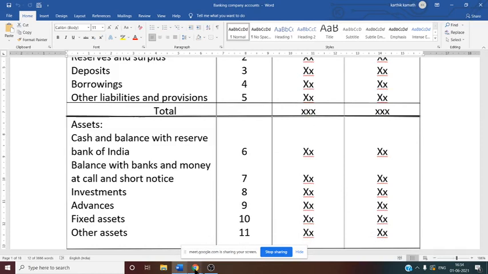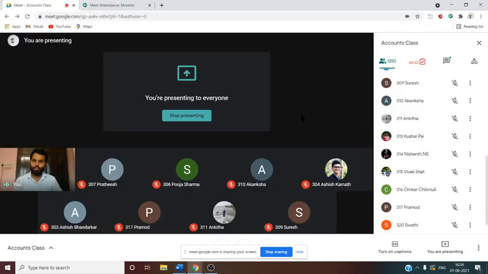And one more thing, very important, is schedules. Schedules are nothing but a kind of criteria. Under that criteria, we have to understand what items come and what items are excluded. In this chapter, there are 16 schedules. It is almost similar to final company accounts, where there are 30 schedules, but here 16 schedules. 12 schedules belong to the balance sheet and the remaining 4 schedules belong to the profit and loss account.